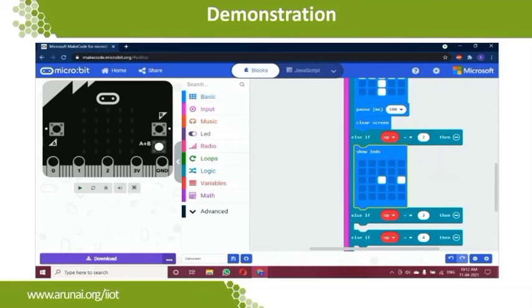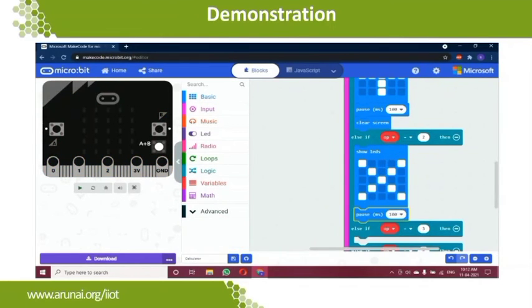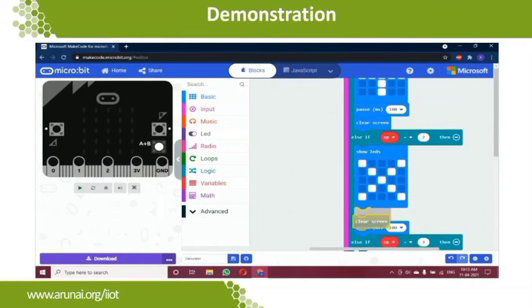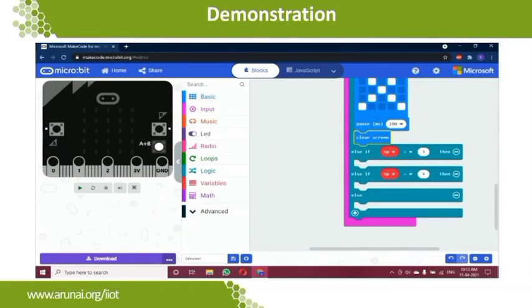So our second operator will be multiplication. So we are going to have the cross symbol in the show LED. It is going to be multiplication, and again pause and clear screen functions as well. This duplicate function is another plus of the MakeCode function, which can decrease your creativity time. So it is very helpful.